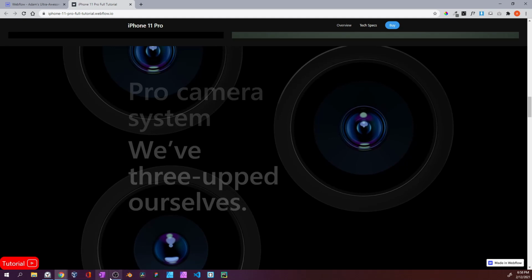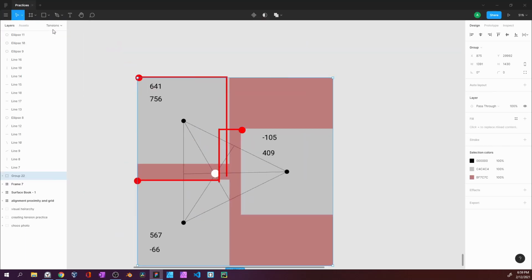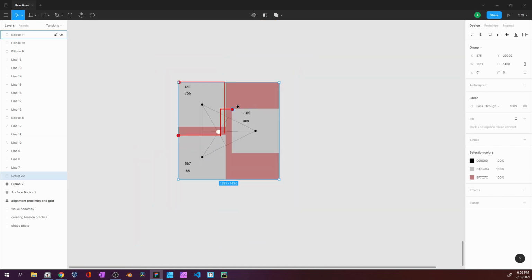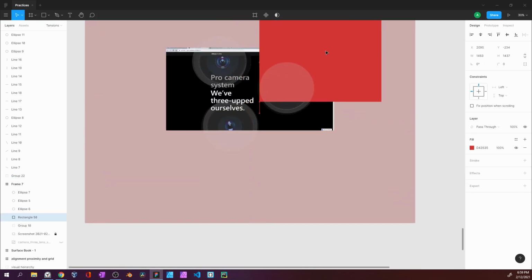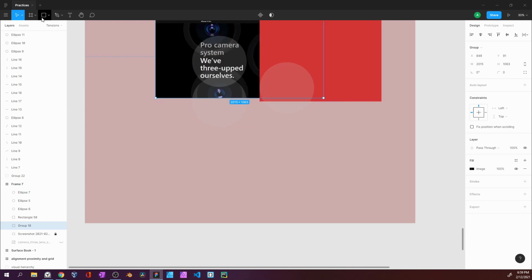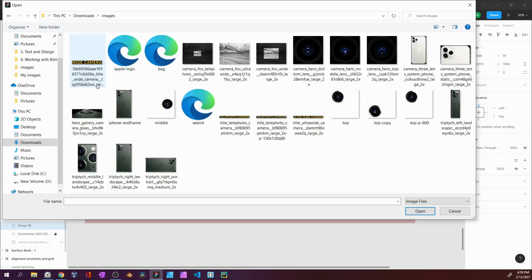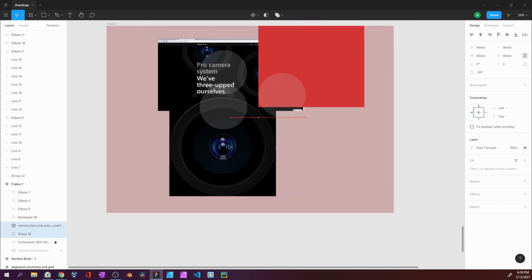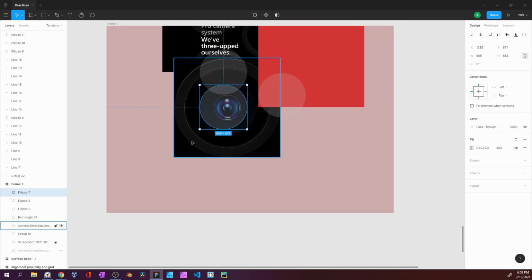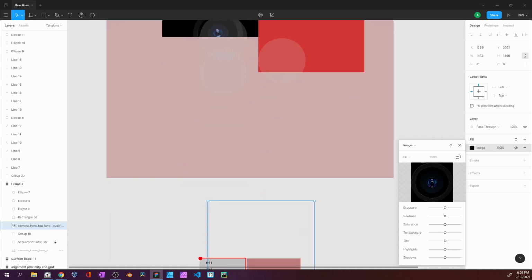I closed the Figma as well as the other one. If I open one of the images here,